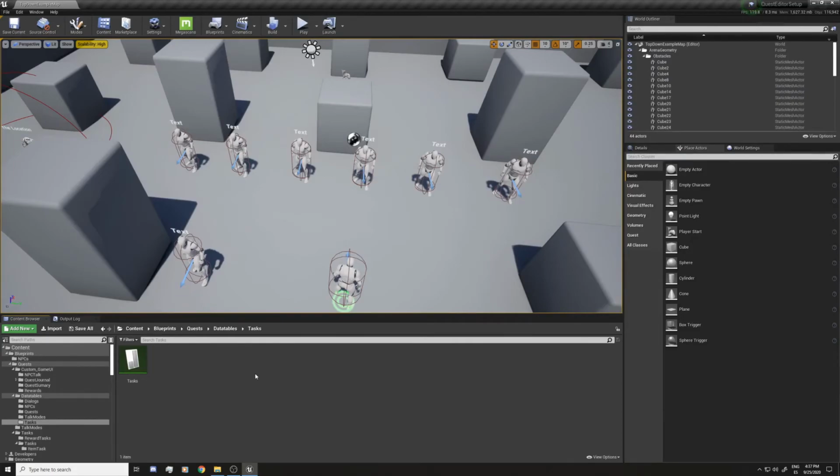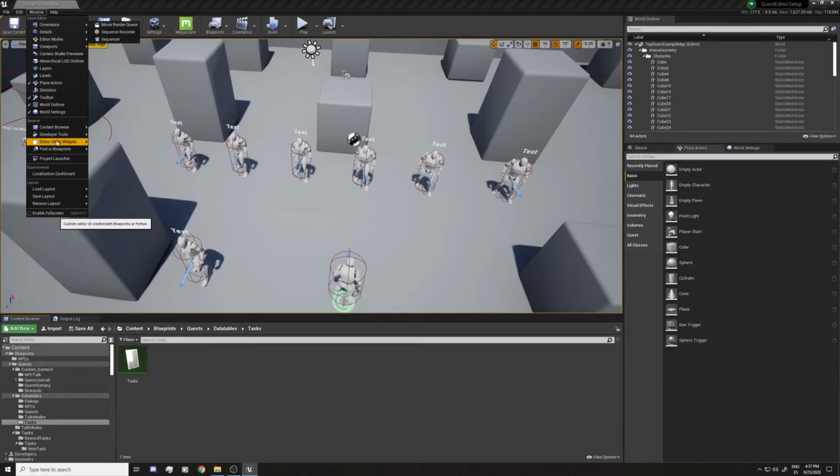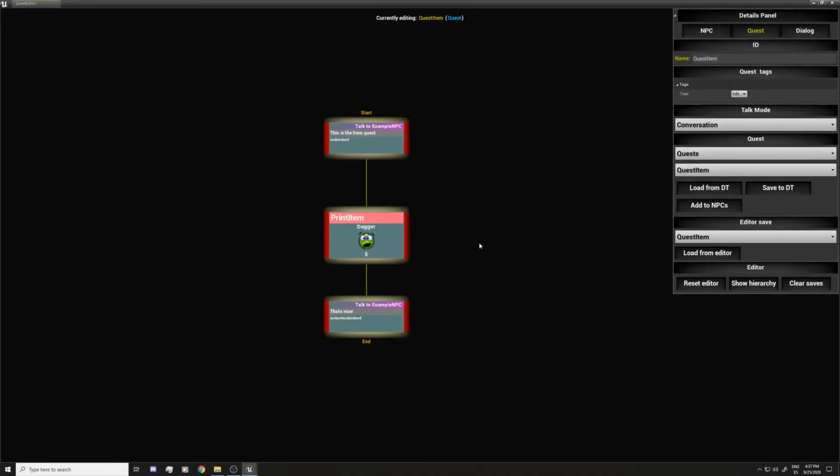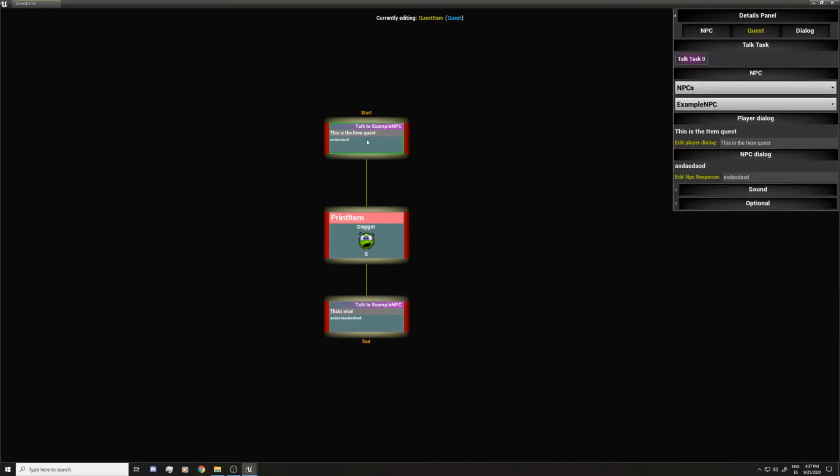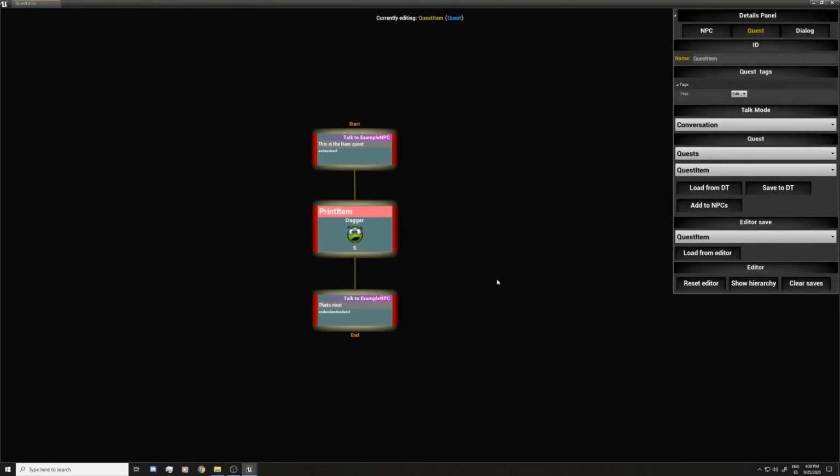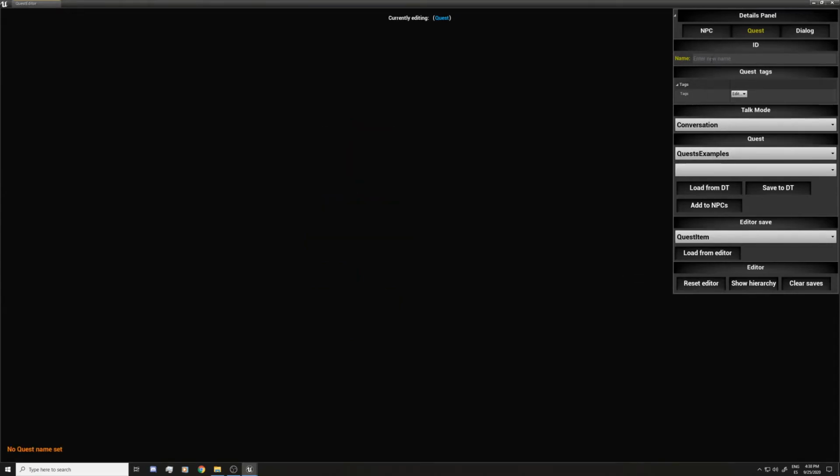And now I'm gonna close it and I'm gonna go to the editor. So you go to editor, utility, widget, quest editor. I have the print item quest that we created in tutorial 5. I'm gonna create a new one. I'm gonna call this choose items. I'm gonna save it right away in the quest.